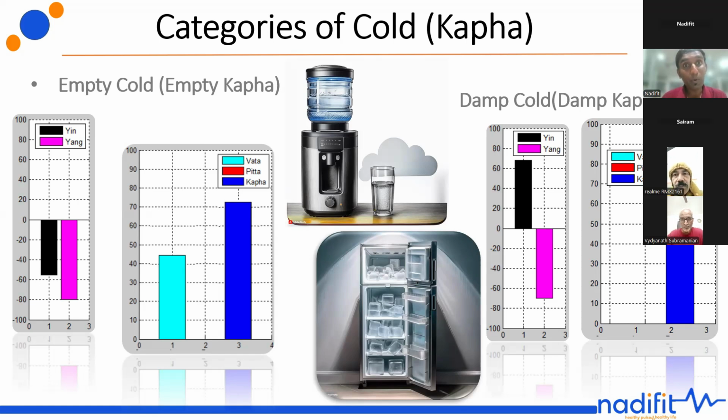And in case of damp cold, the water is converting into ice. Solidification means water into ice. It's a chronic case. It's a completely chronic case. Damp cold or damp, I can say 100% kapha. And